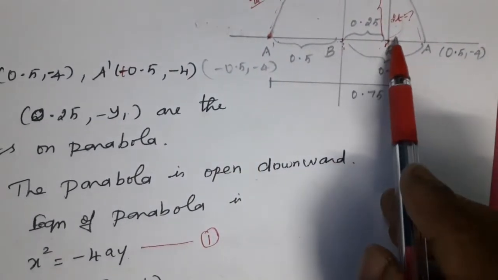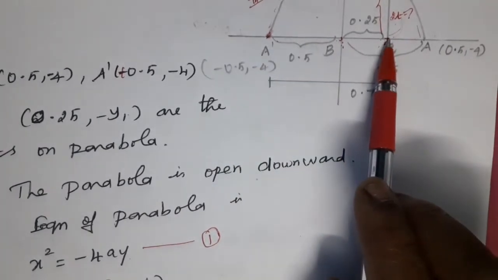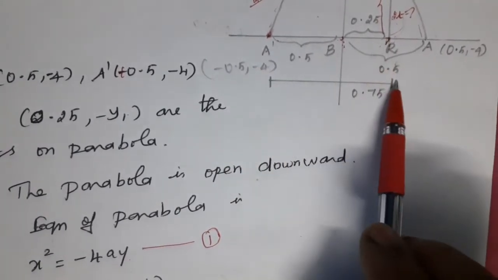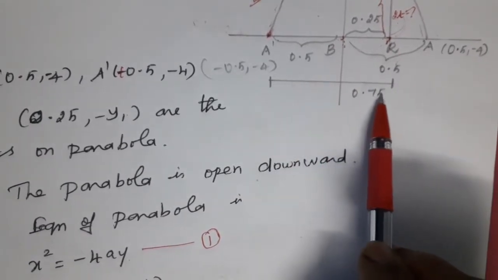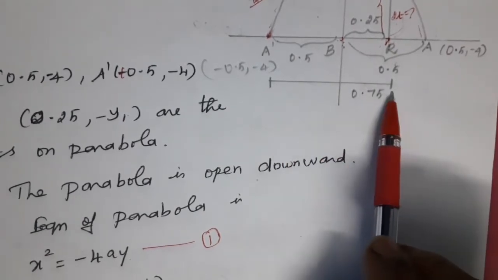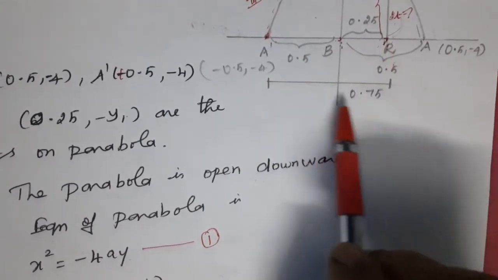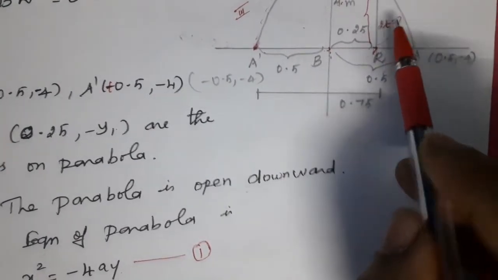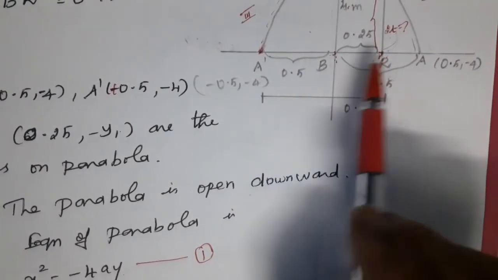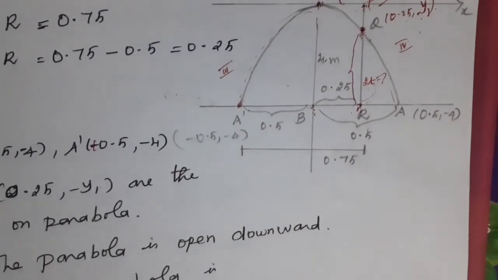the same 0.5 only. So what is this 0.25? How will it come? The question is from the origin to the maximum. We are going to find the height of the waterfall at a horizontal distance of 0.75 meter. Horizontal means the x-axis. So from the x-axis, after 0.75 meter from 0. If the horizontal distance is 0.5 meter, what is the height? Up to this point it is 0.5, so the total length is 0.75. See the diagram; draw the diagram after going through the sum.